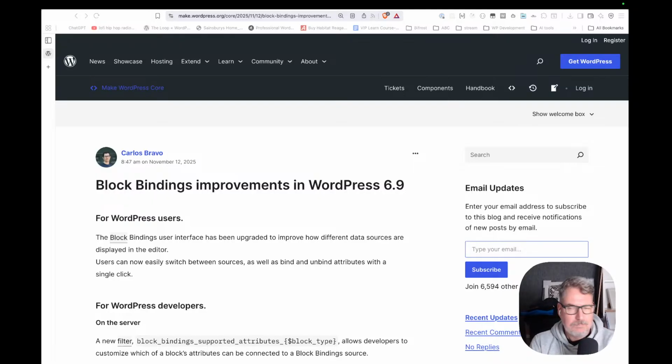So, today I want to continue exploring the new things coming for developers in WordPress 6.9, and I'd like to focus today on block bindings. Block bindings is a feature that I haven't explored a lot, so